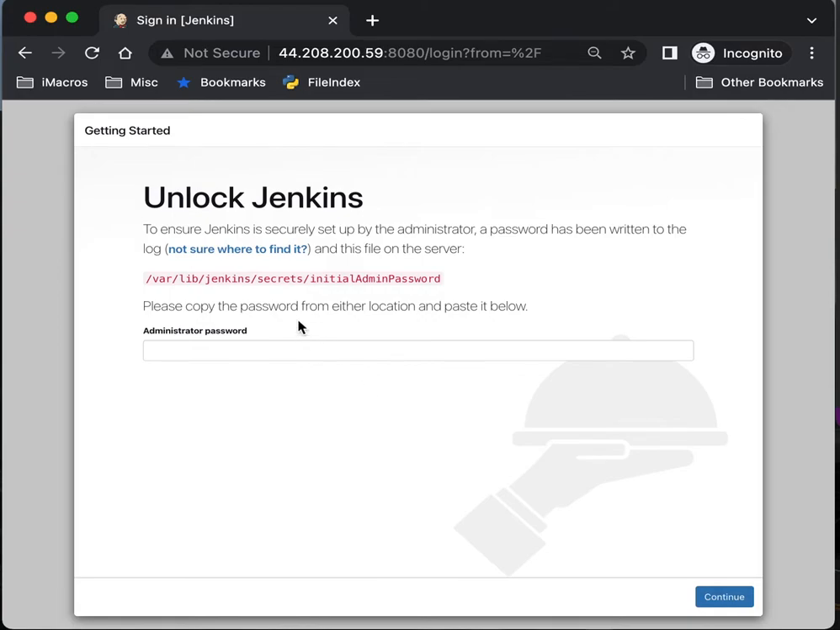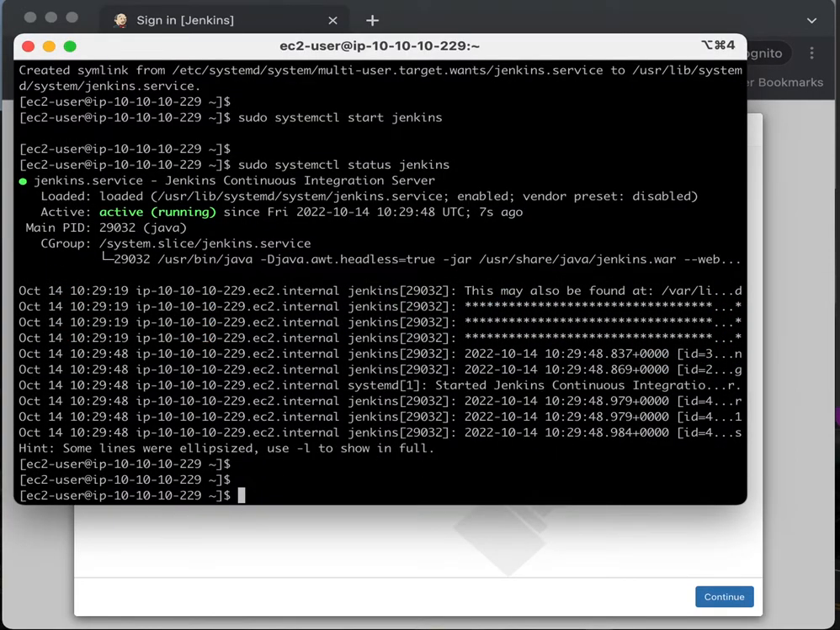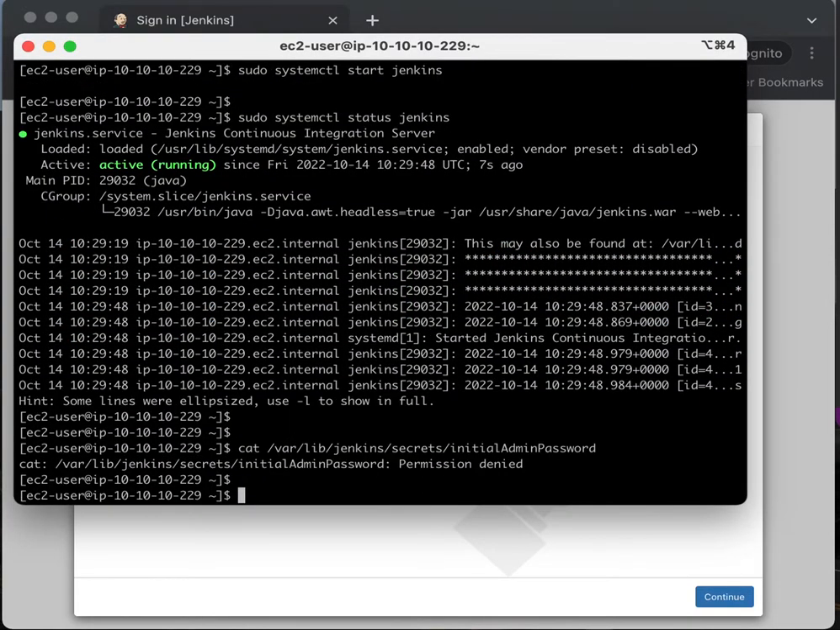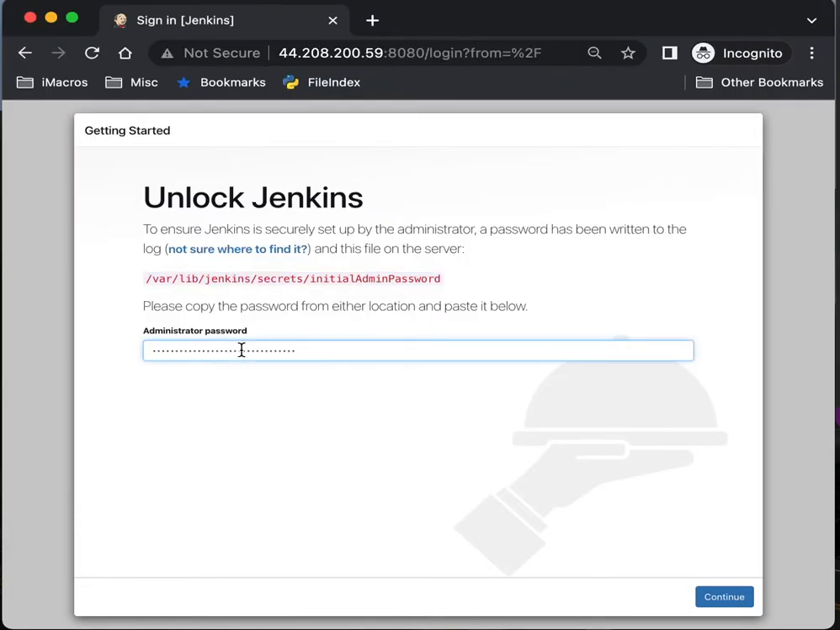And the very first time log on, as you note here, it's asking for initial admin password. So what happens is during the installation of Jenkins, an administrator password is created. This is required for this initial log on to the Jenkins GUI. So if we go back, let's have a look at that password. So here we go, you got to do sudo, and we got this password, so just copy that, and let's